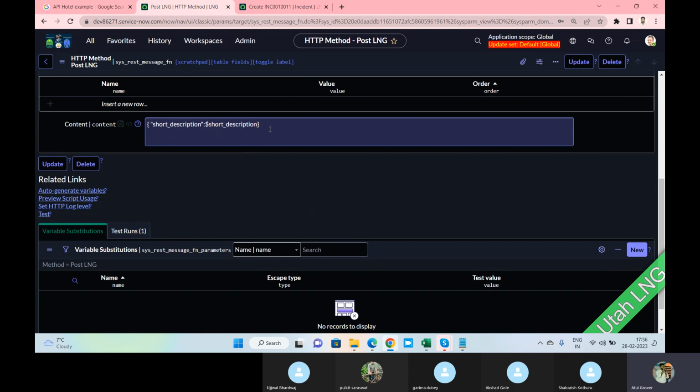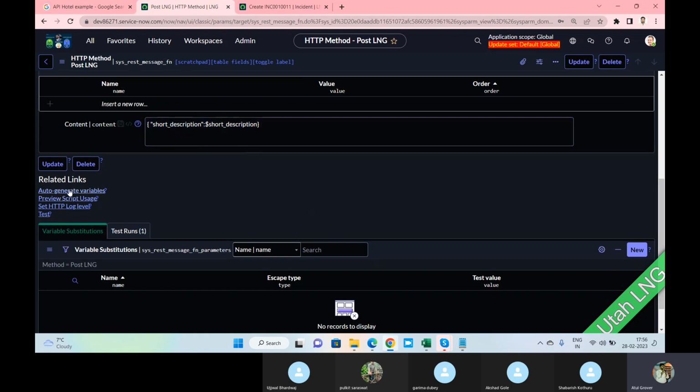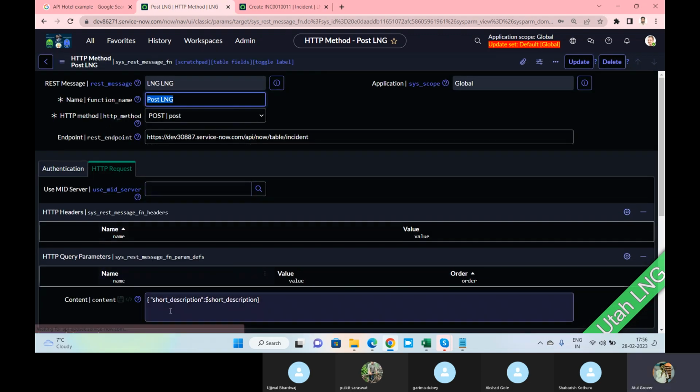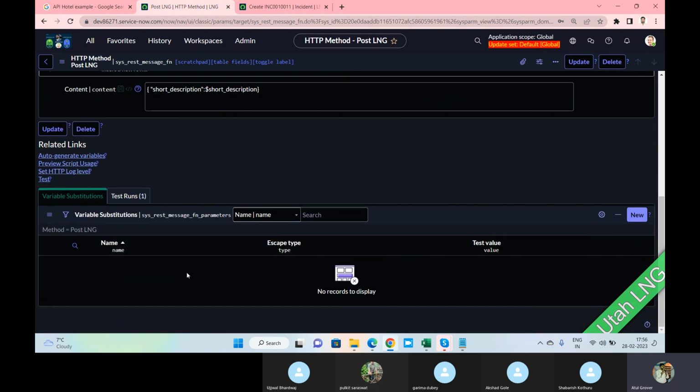So remember in the transform map, we have an auto mapping. Here we have auto generate variables. When I click on this, it will read this information and it should populate it. Did I do something wrong? Let me check my syntax as well.